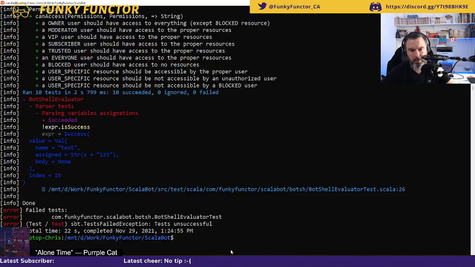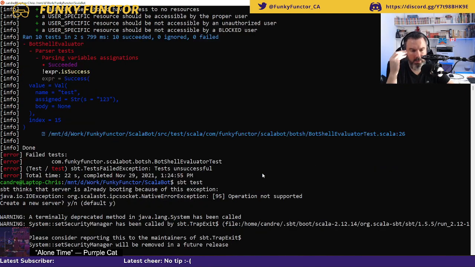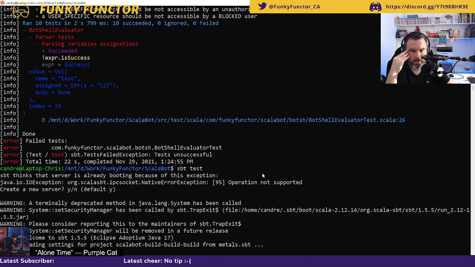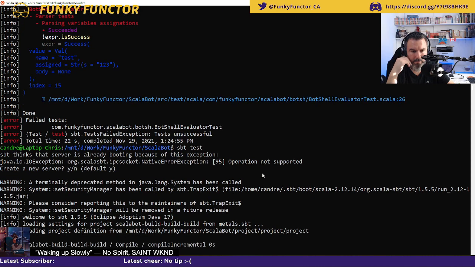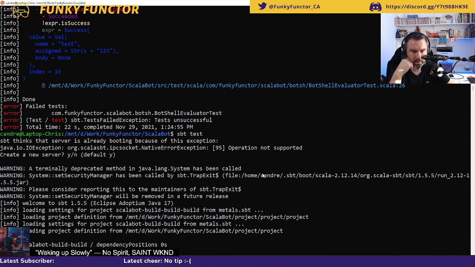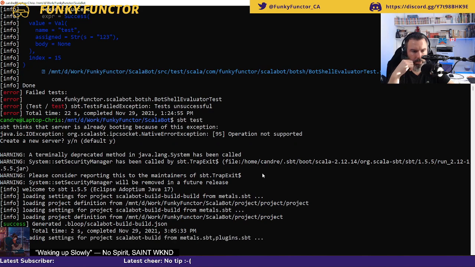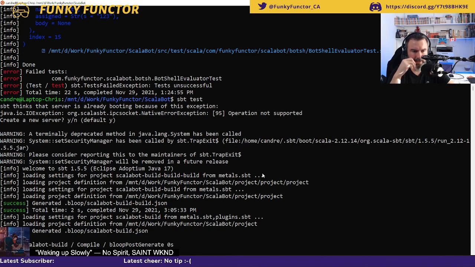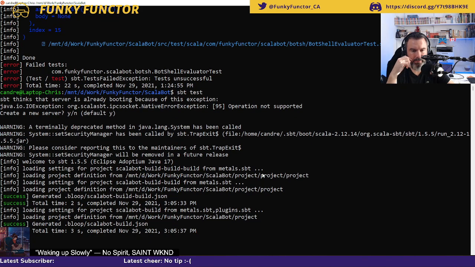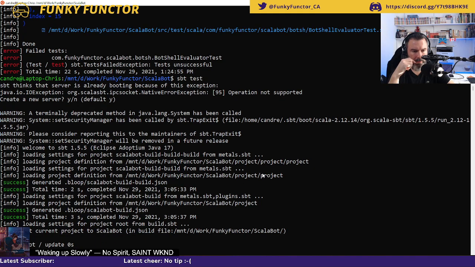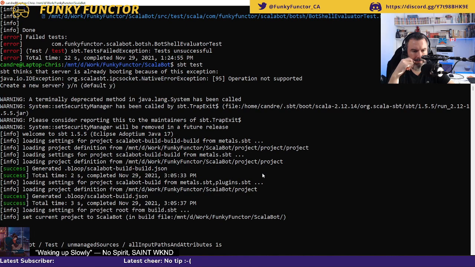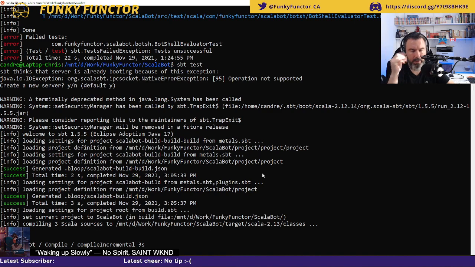Let's try to compile everything. Hopefully this time that should compile, unless I forgot something, which is, well, very likely considering my poor brain sometimes. Compiling, okay.